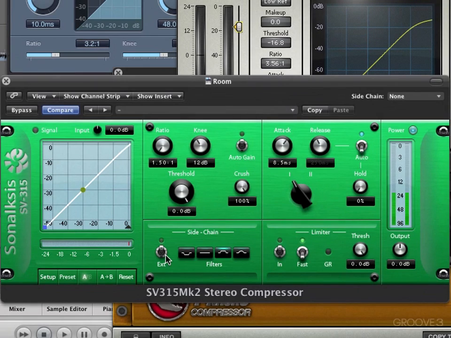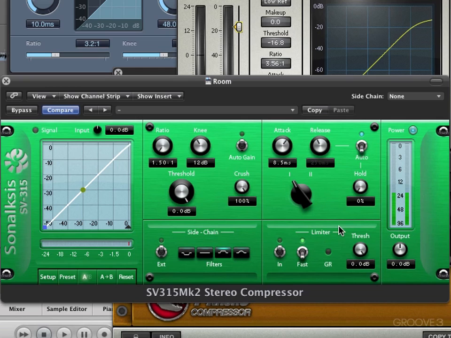So let's compare the common controls so far. On every compressor that we've seen, we see a few key things. We have a gain reduction meter, some way to look at how much gain reduction we're applying. We have our threshold, our ratio. On some compressors, we have a knee, and auto makeup gain. And on every compressor, we have attack and release settings, and even on a few of them, an option for